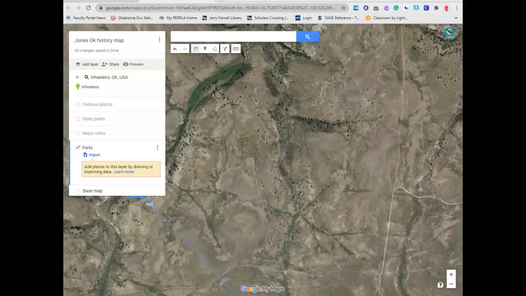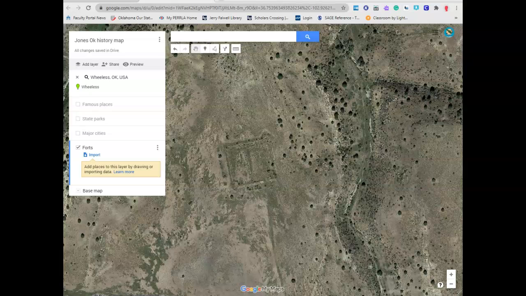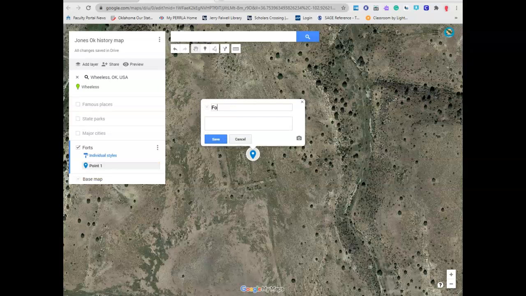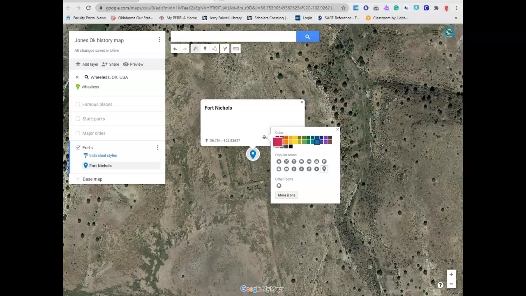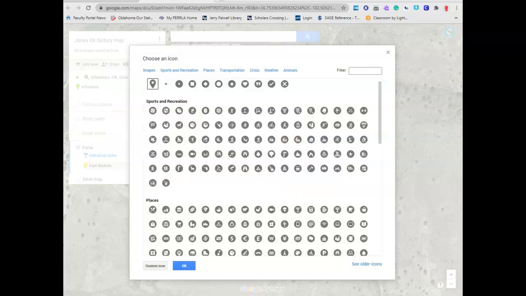Well, I don't see really a fort, but I do see something that looks kind of like a square outline here. And so this is where the Camp Nichols used to be. So I'm going to come here, add a marker, place it right here, and call it Fort Nichols, or it can also be called Camp Nichols. I'm going to save it. I want all my forts to have the same color icon, so I'm going to label those yellow, and then I will choose an icon such as a camping tent,